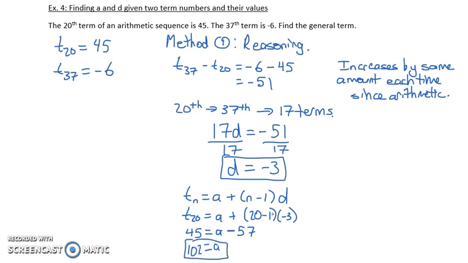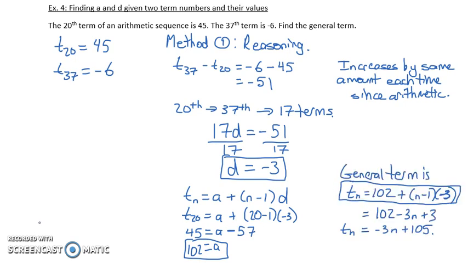And then I can write my final term out as follows. The general term is Tn equals 102 plus n minus 1 times negative 3, which we can expand and simplify. Both are technically correct. The second method is two equations with two unknowns, and we'll look at that in